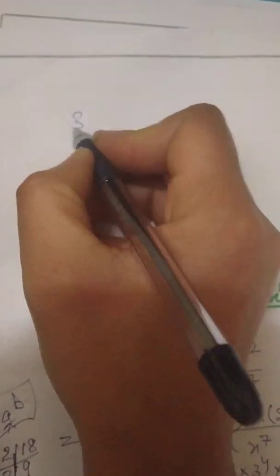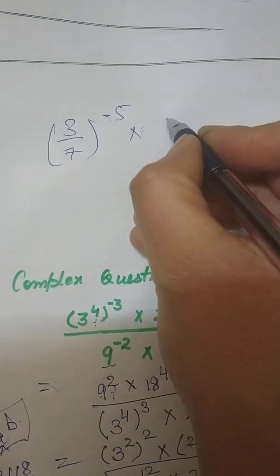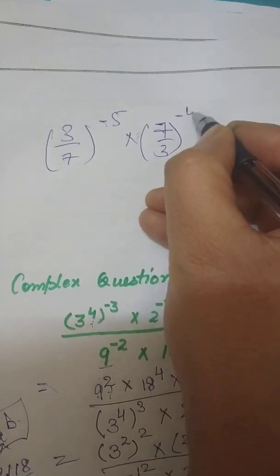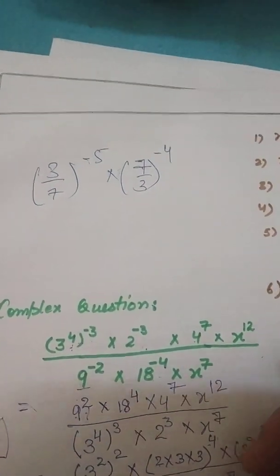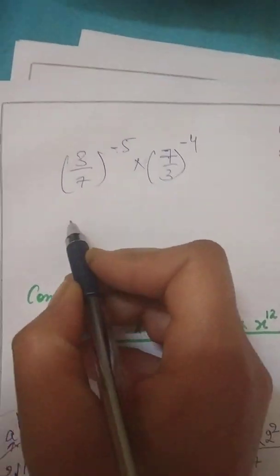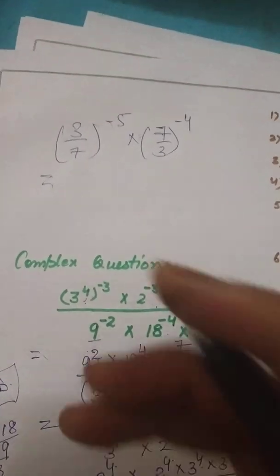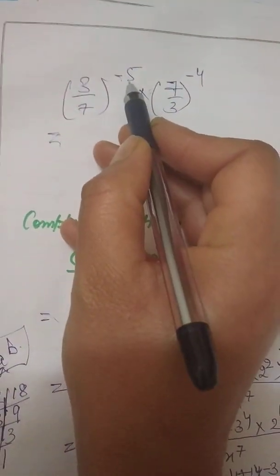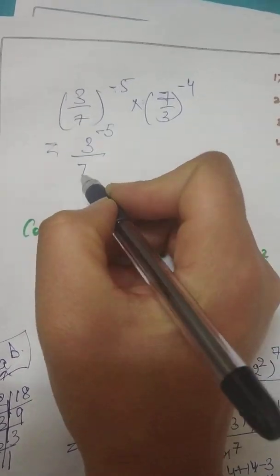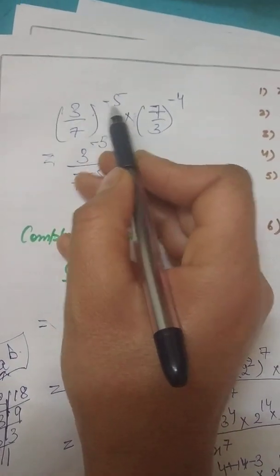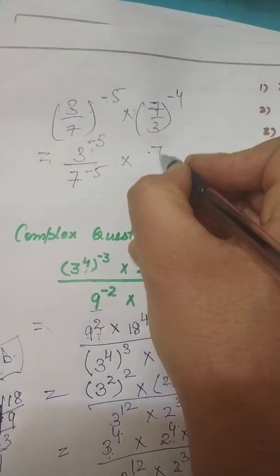There was one more question like 3 over 7 raised to power minus 5, not exactly the same, but some question like this, into 7 over 3 raised to power minus 4. What to do with this? So here the bases are all prime, so powers are to be made positive. But before making the power positive, what should you do? Why is this bracket there? Because minus 5, this is 3 and 7 both are raised to minus 5. You have to open it and distribute the powers. The bracket is there because minus 5 is to be distributed. We distributed now, so there is no need to put any bracket.